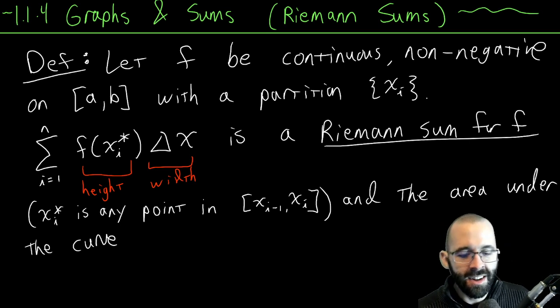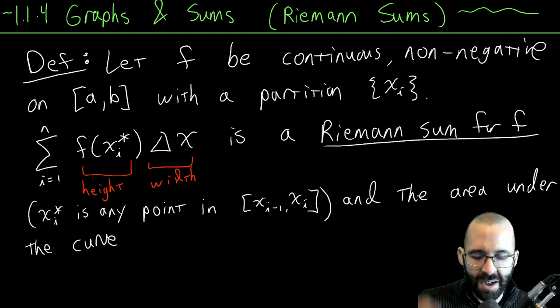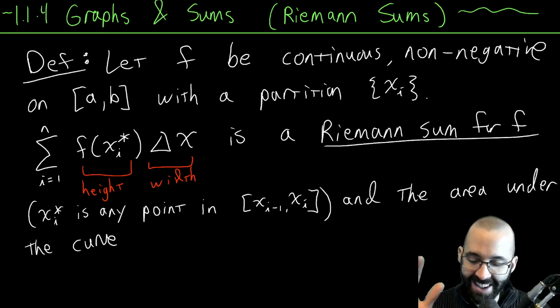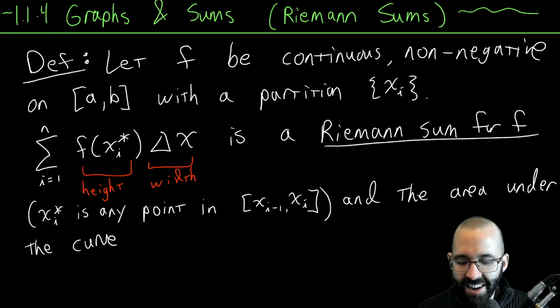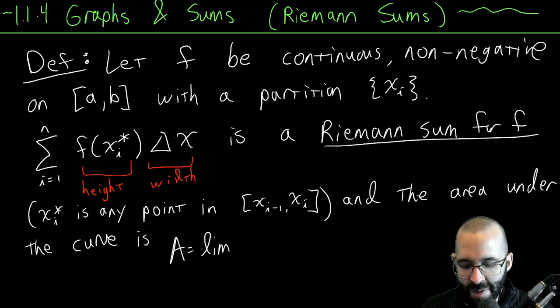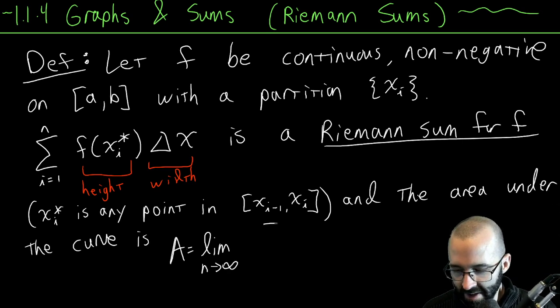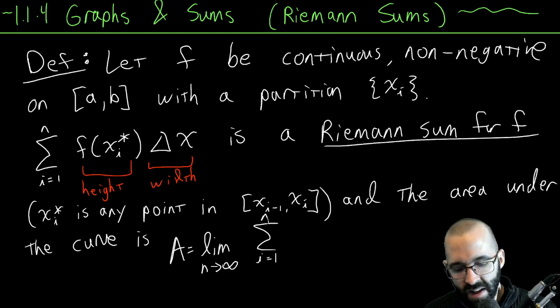Well, it turns out, under certain conditions that we've already mentioned, continuity, the non-negativity, there are ways around that. Actually, there are ways around the continuity part too, but we're not going to make things any more complicated than they already are. And the area under the curve is just the limit, as n goes to infinity, of this Riemann sum. As the partition gets finer and finer, smaller and smaller pizza pieces, as the number of rectangles gets bigger and bigger and bigger,